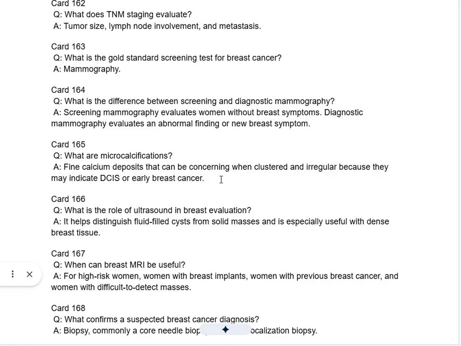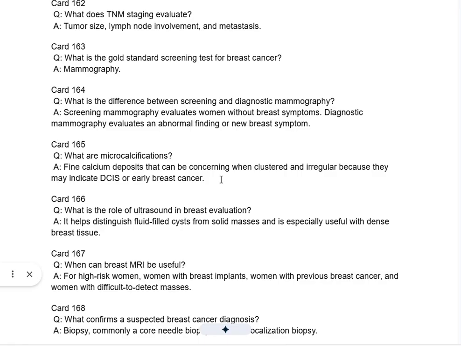A. Screening mammography evaluates women without breast symptoms. Diagnostic mammography evaluates an abnormal finding or new breast symptom. Card 165. Q. What are microcalcifications? A. Fine calcium deposits that can be concerning when clustered and irregular because they may indicate DCIS or early breast